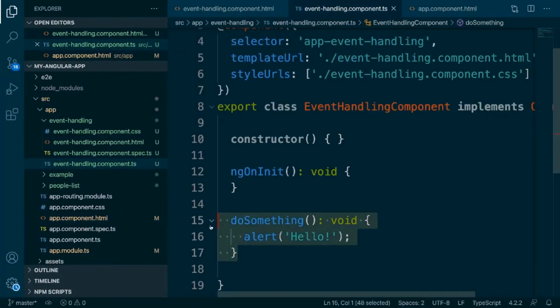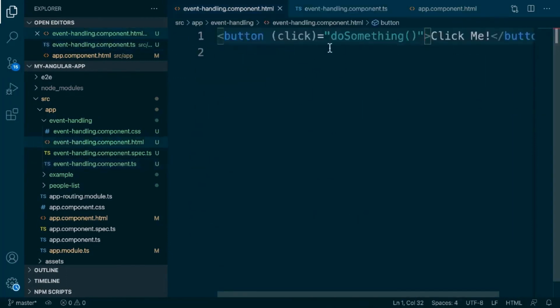And then we're going to see this big button show up, and if we click on it, we're going to see that it will display an alert with the text hello, just like we wanted. Okay, and obviously you can have multiple methods inside your component's TypeScript file that are all called by different buttons,